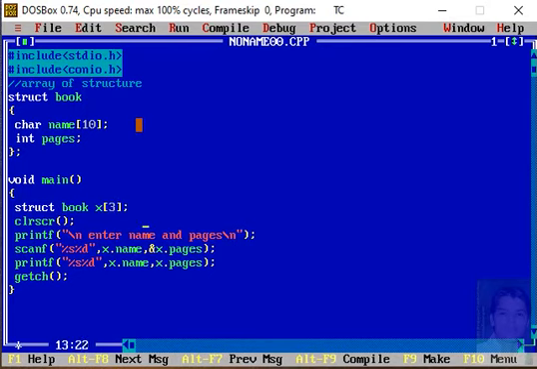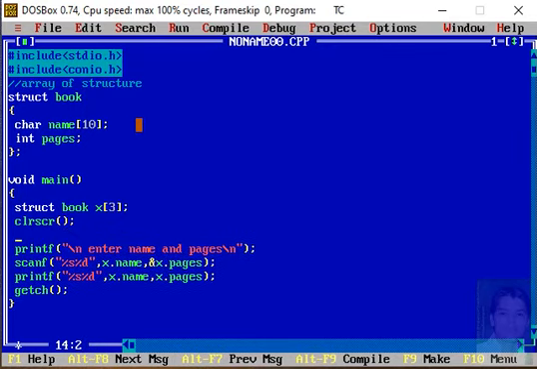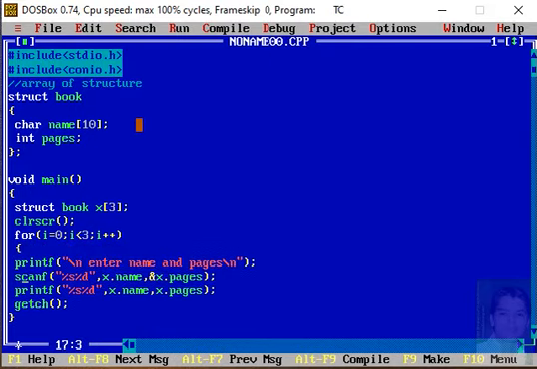This is where we are accepting the data from the user, so I will include all these things in a for loop, because we need data entry for 3 books. I will enter i plus plus here. These statements must be in the for loop.